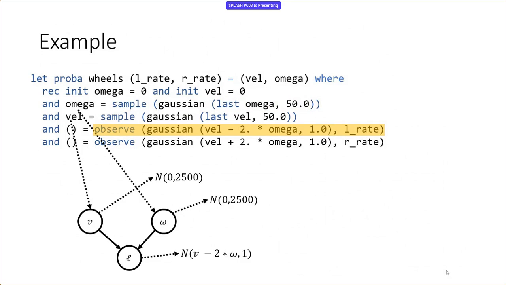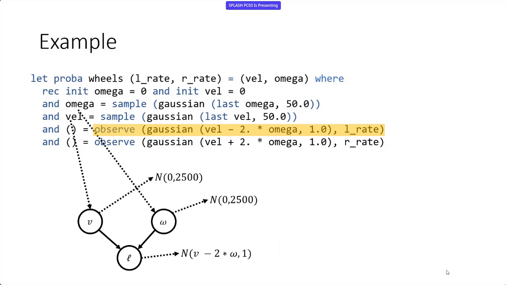So the first thing that we're going to do is build this random variable that corresponds to the left wheel rate. And that random variable is L. And so two remarks here. One is that L has dependencies. Because V and omega appear in the distribution for L, we say that V and omega are parents of L. And I've drawn the parent-child relationship in black lines on the slide. And the second remark is that if you're at all familiar with Bayesian networks, that is exactly what we have here, a Bayesian network with symbolic distributions. If you're not familiar with Bayesian networks, don't worry, it's not essential for the talk.